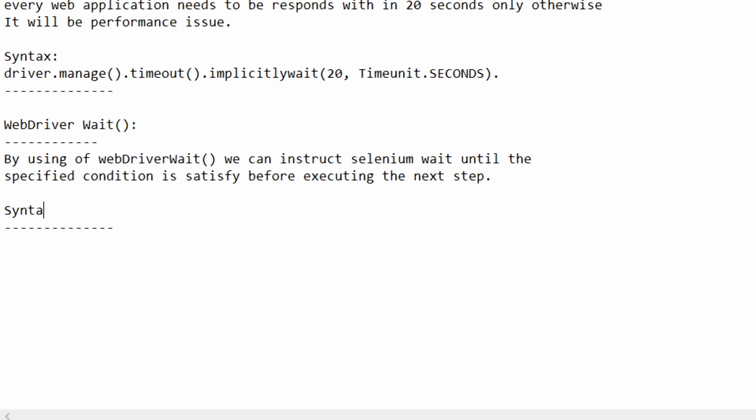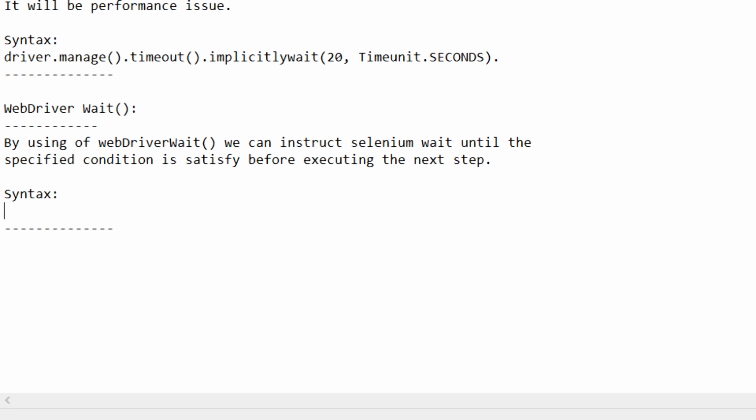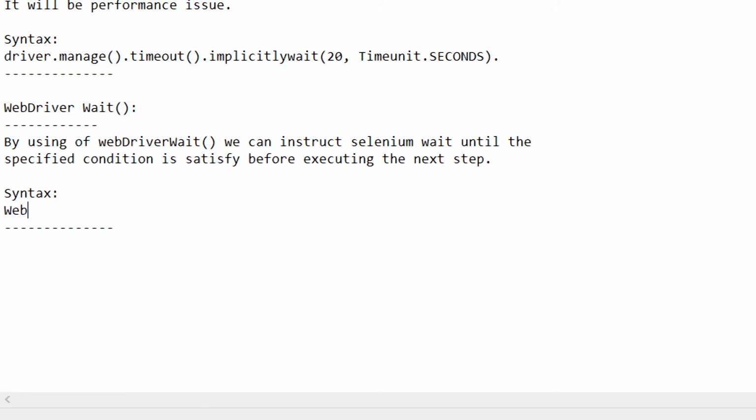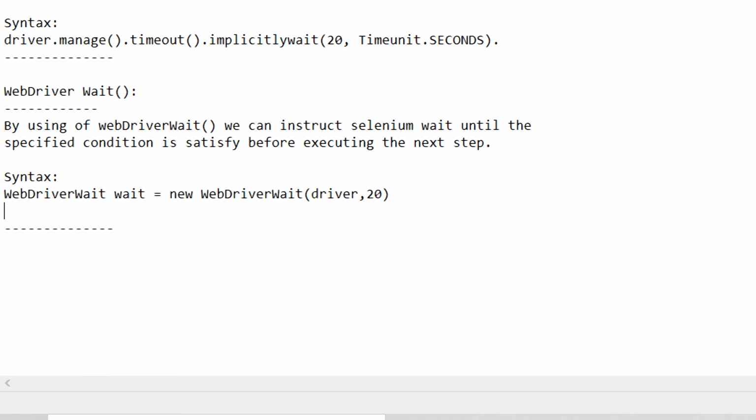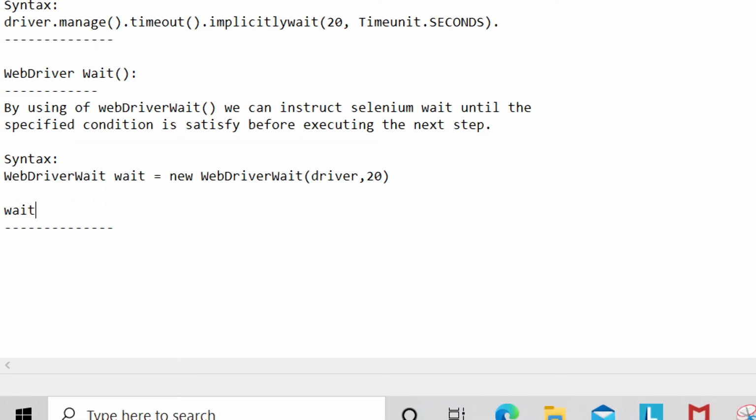What is the syntax of WebDriverWait? WebDriverWait wait equals new WebDriverWait of driver comma 20. Here also we are taking the maximum specified time as 20 seconds only. Then wait dot until expected conditions